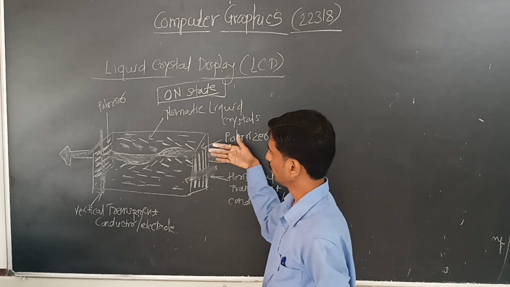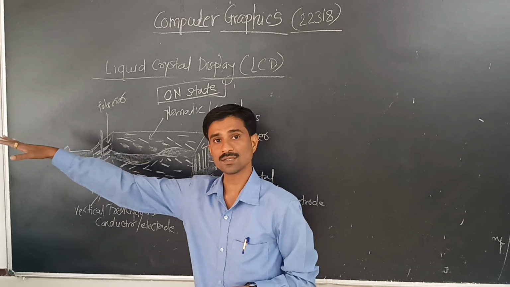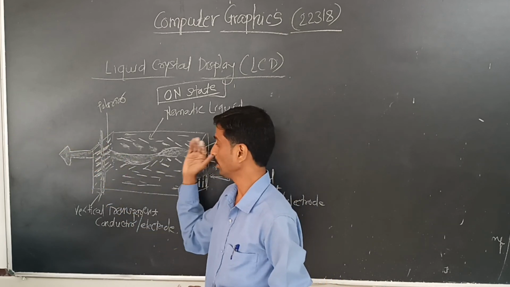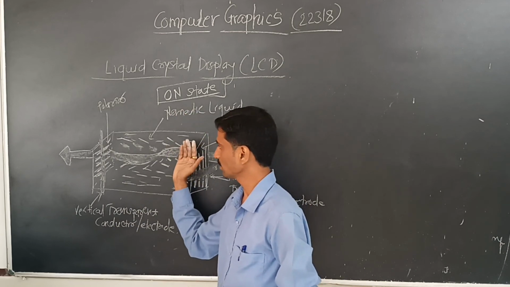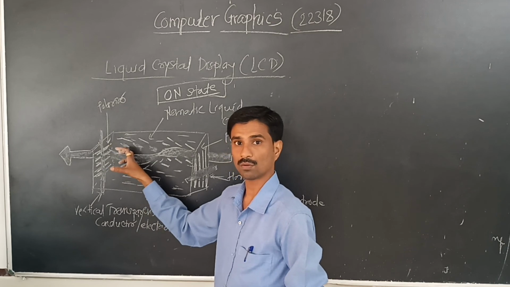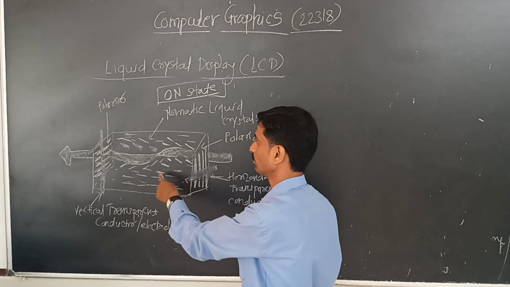This is vertical, they make it horizontal, and it easily passes through that horizontal filter. In the previous off state, when the light strikes this horizontal filter, the light is blocked. But in this case, due to the alignment,